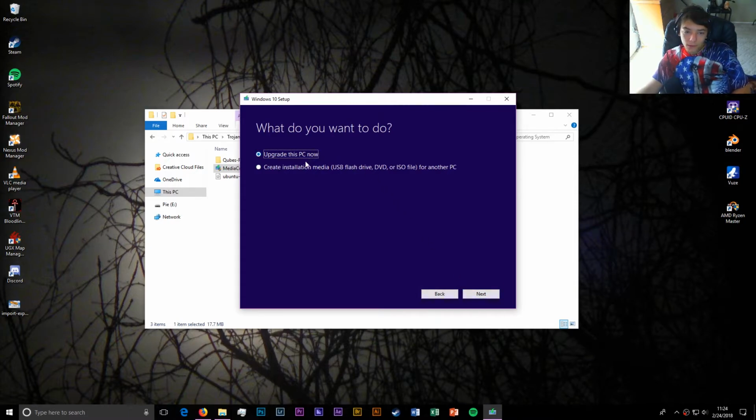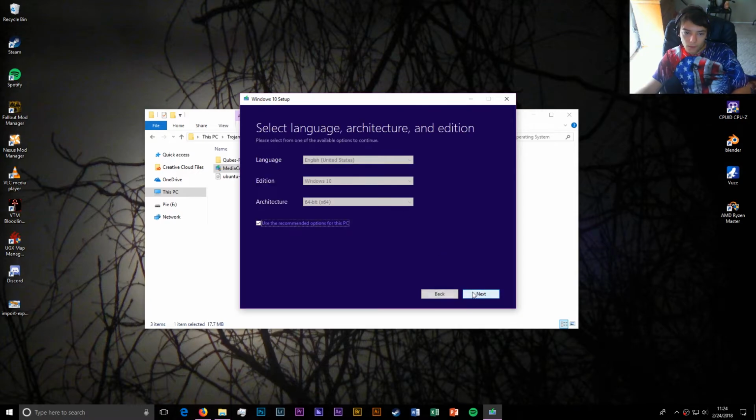Alright, do not select upgrade this PC now. Click create installation media. Now if you want to have a flash drive, make sure you have a flash drive plugged in right now. And if you don't know what kind of computer you're going to be installing it on,